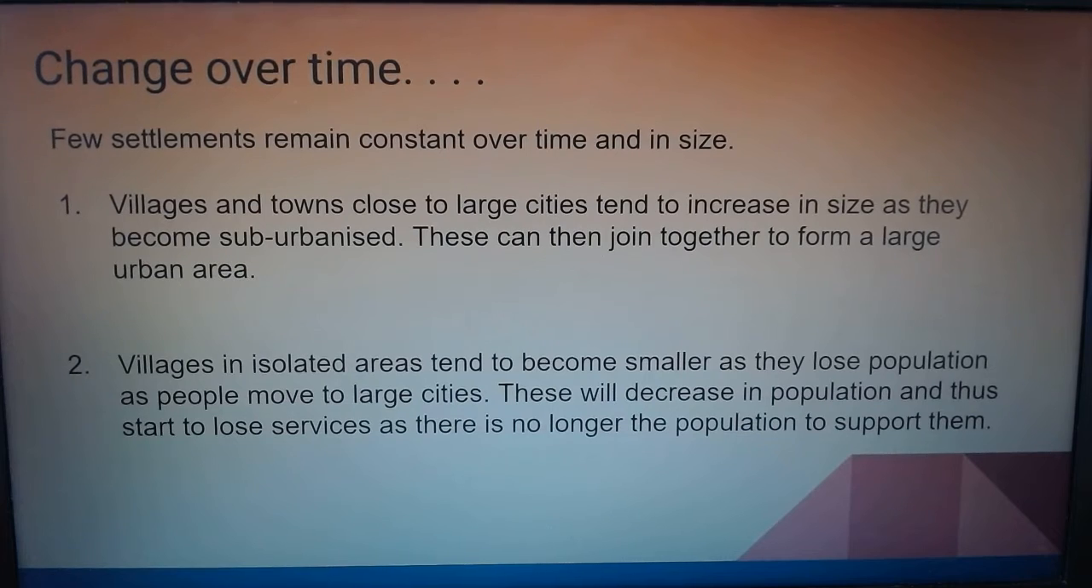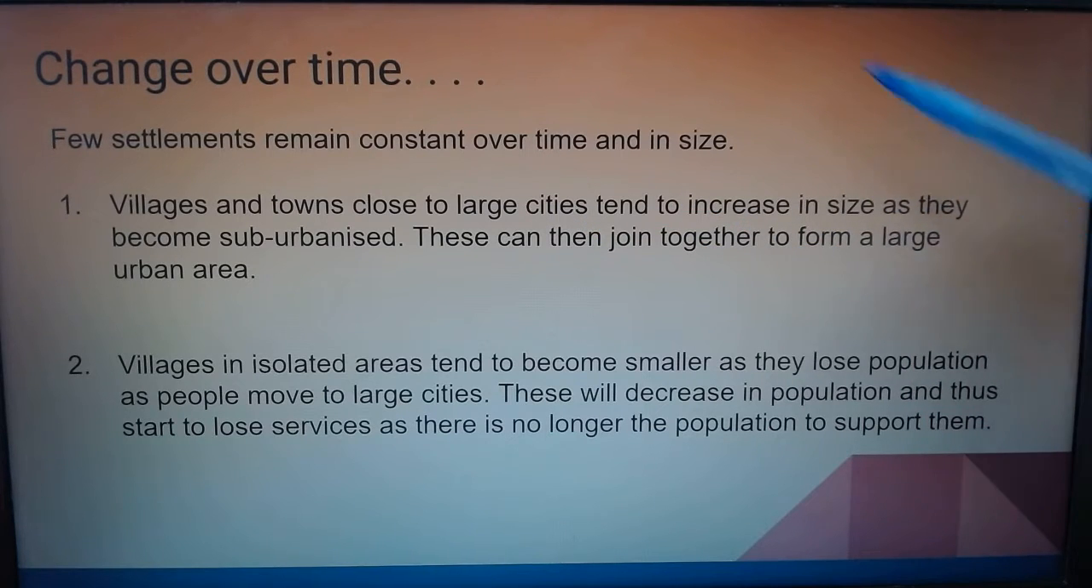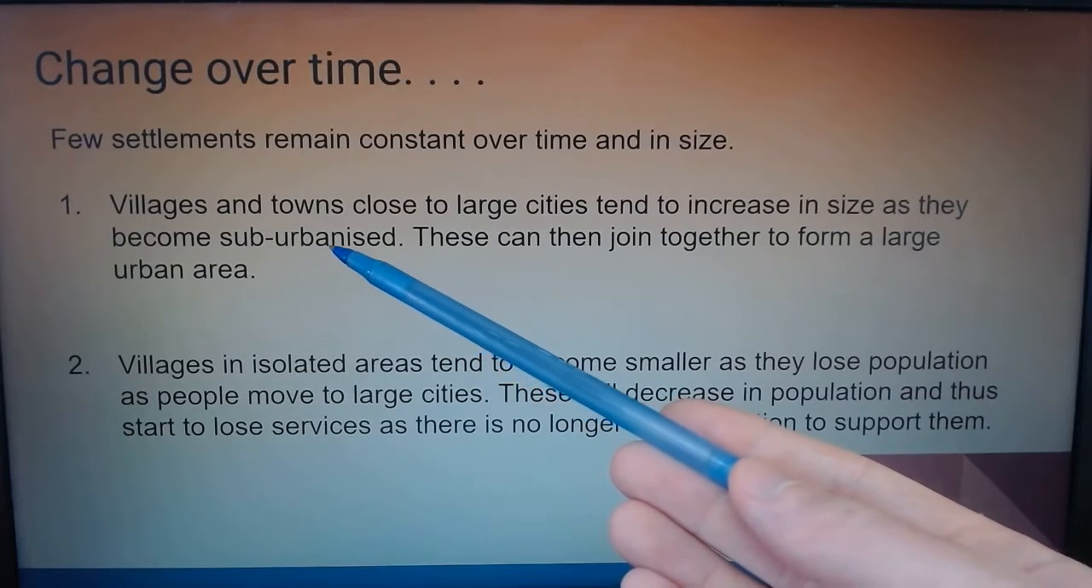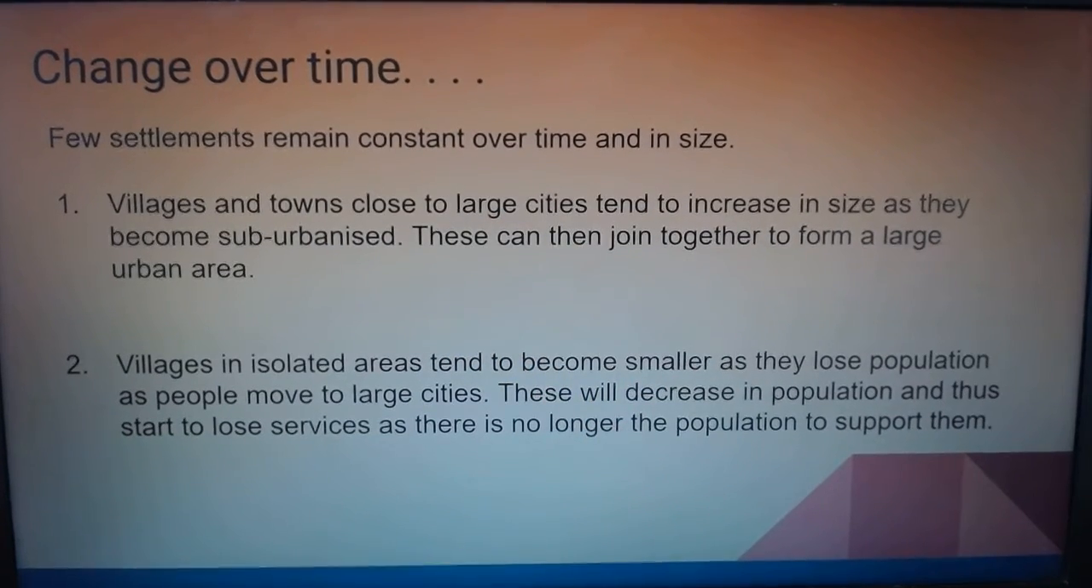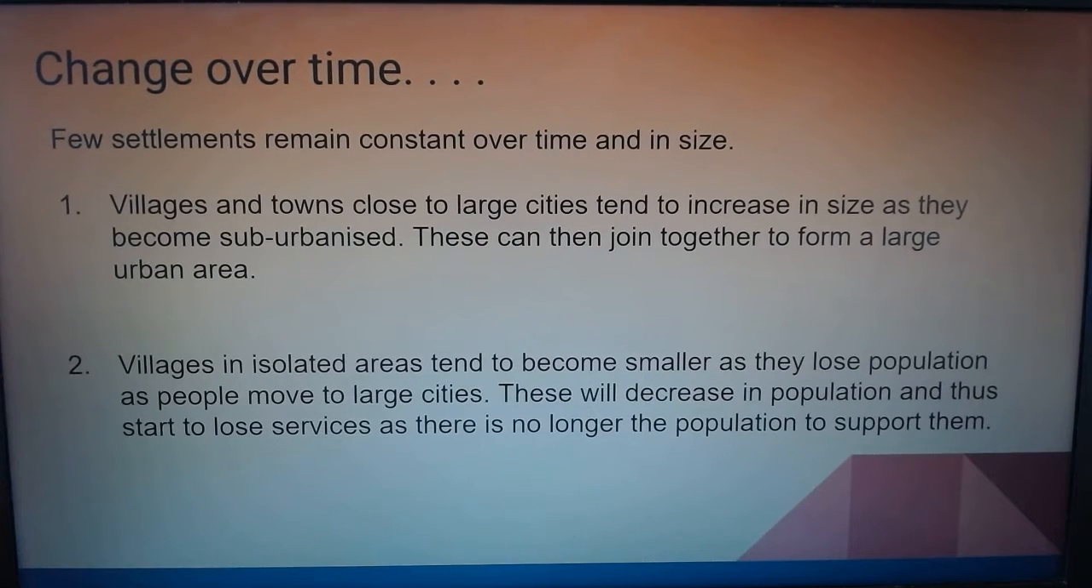Now, last little note for the day, change over time. So little subheading, and then we need to write all of this. So few settlements remain constant over time or in size. All right, like we said, there's a word dynamic. Okay, villages and towns close to large cities tend to increase in size as they become suburbanized. Now we look at that word suburban, but again, urban means cities, suburban means on the edge, kind of just on the edge. If you've ever heard the word suburbs, a suburb is on the edge